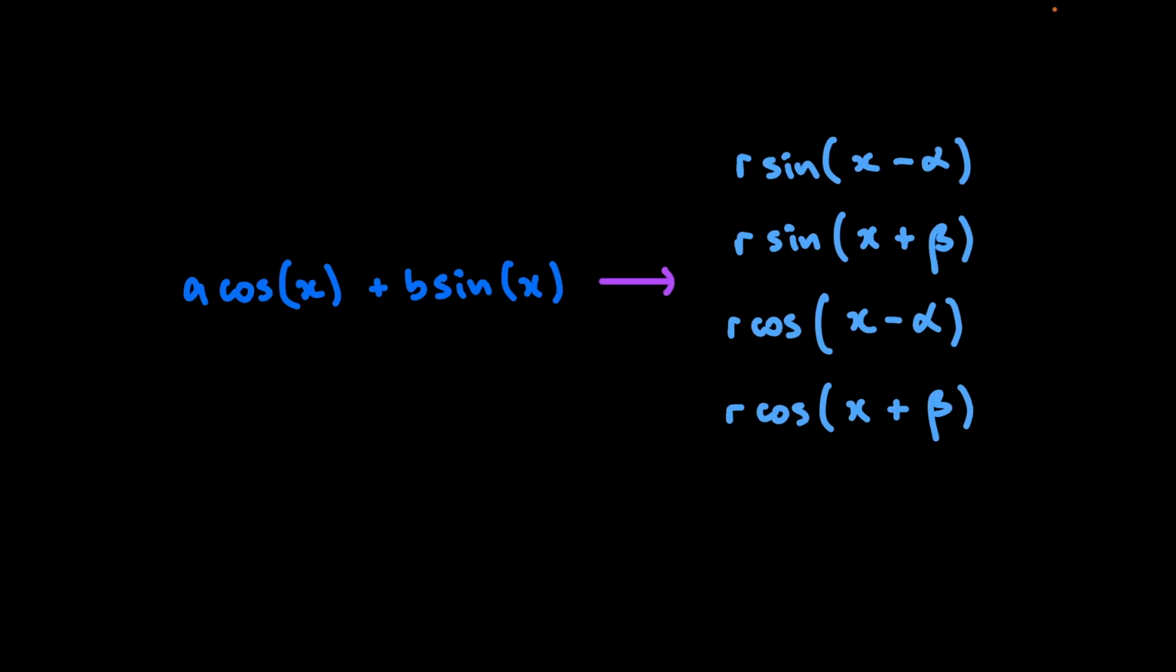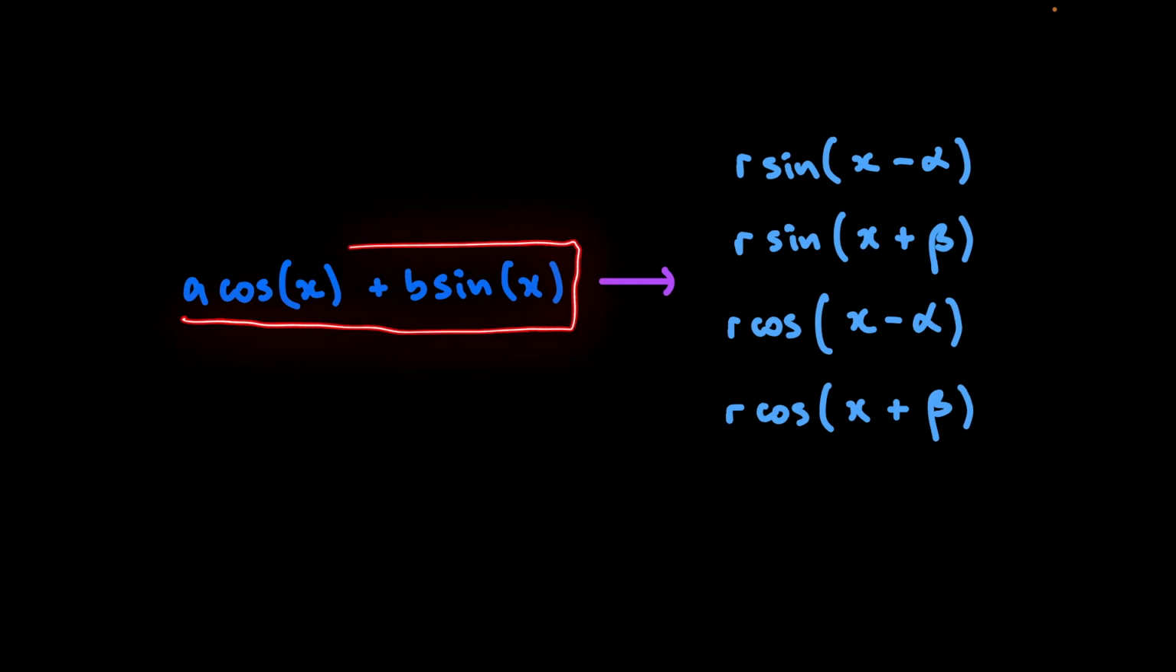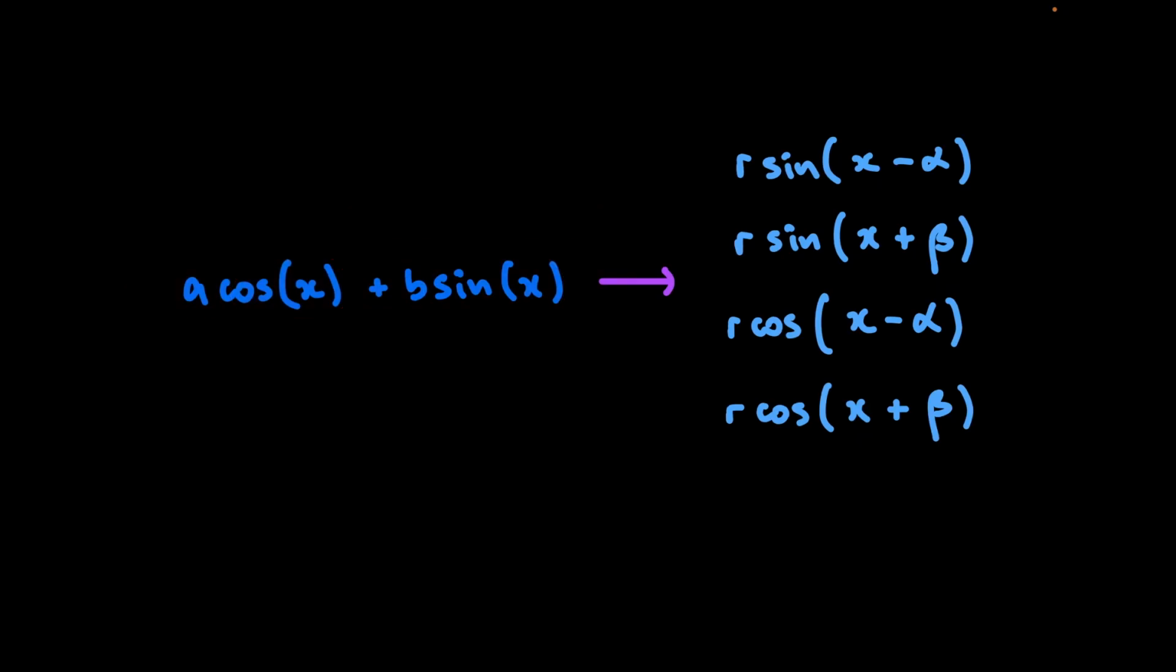Okay, today we're going to be looking at the auxiliary angle formula. The auxiliary angle formula is pretty much a formula or a method that can convert an equation which looks like this, the sum of a cos function and a sine function, and make it look into any one of